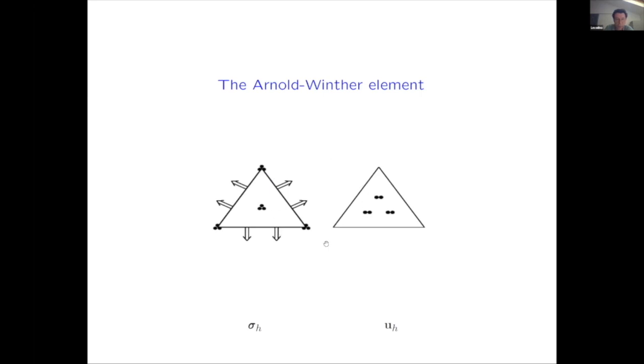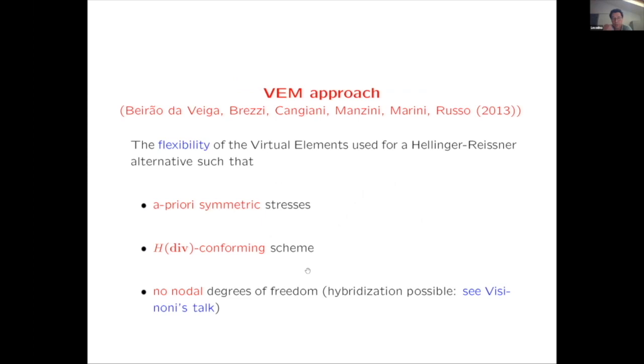So, I mean, there are 30 degrees of freedom locally in the triangle. It's a triangular version here, 2D. Okay, so it's not exactly very easy, I would say. So now the idea is just to use the VEM approach in order to design something using the Hellinger-Reissner formulation